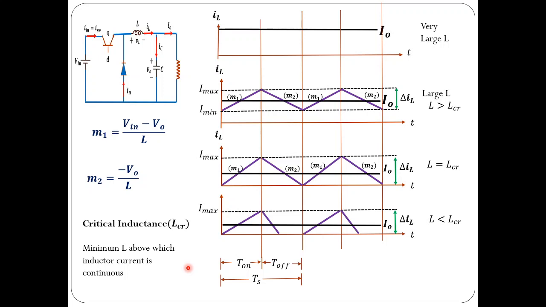So there are two ways to get the discontinuous mode condition. One is by reducing the value of inductance below the critical inductance. Similarly, by increasing the resistance value above the critical value, you can achieve discontinuous mode operation. But this discontinuous mode operation is going to affect the performance of the converter as well as the load. Both load performance and converter performance would become poorer. Okay, you should be very careful, and you should avoid this DCM operation, discontinuous mode operation.